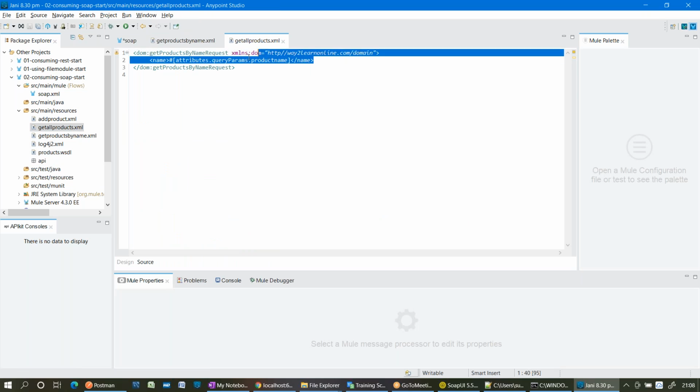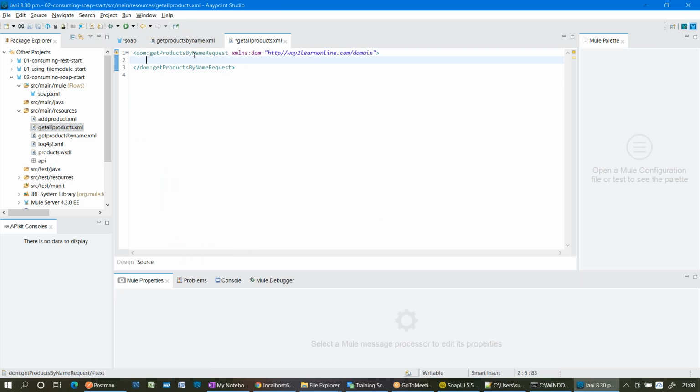Do I require a name attribute? No. Delete it. Exactly what is the operation name over there in the WSDL? I need to write that.